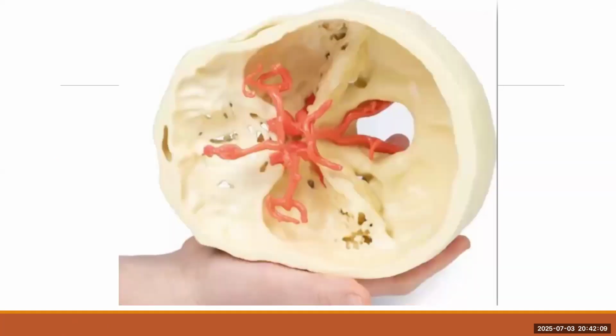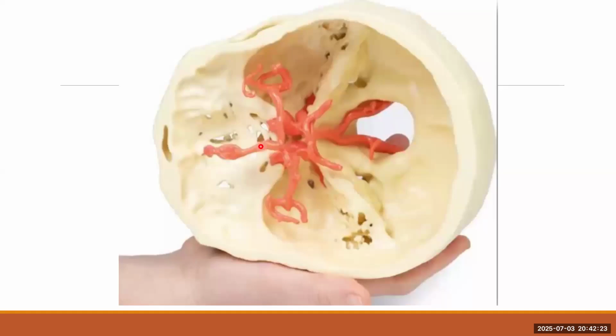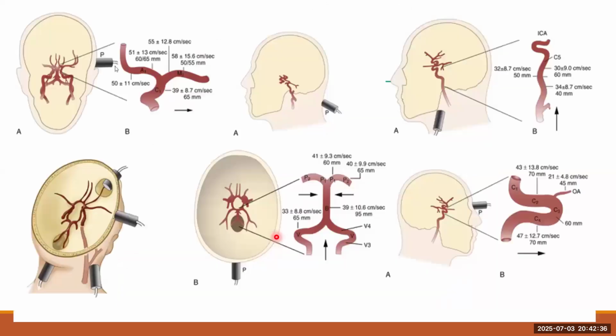And this is how the vessels are in relation to the open structure of the skull. As we can see here, this is the MCA, this is the ACA, both, and these are the two MCAs, and this is where we insonate from the lateral aspects using the temporal bone window. This is again the various windows of insonation, transtemporal, and the depth and the velocities have been